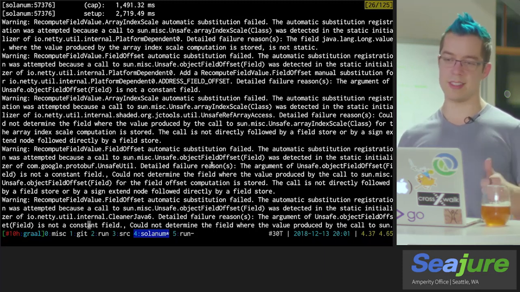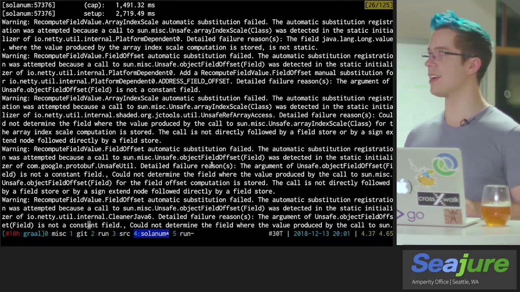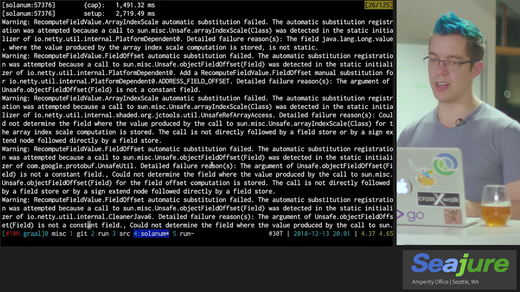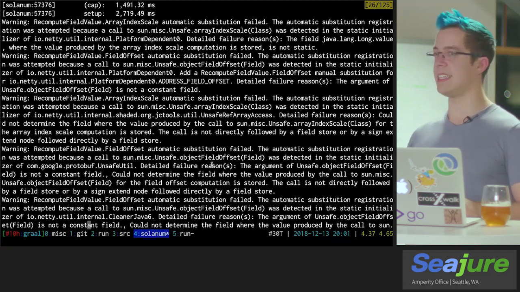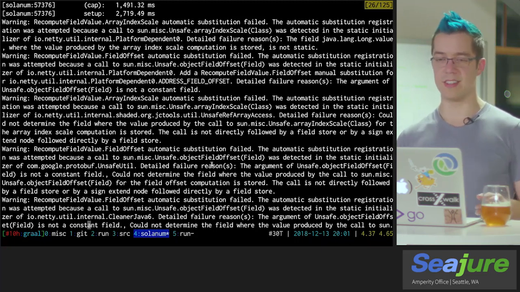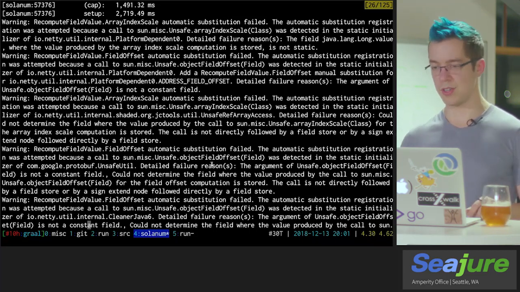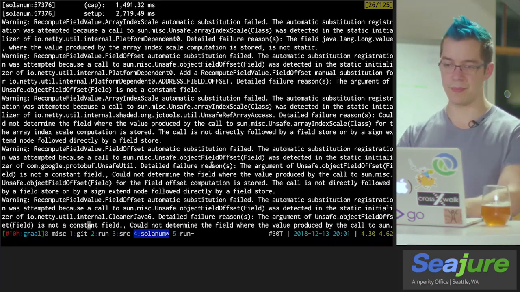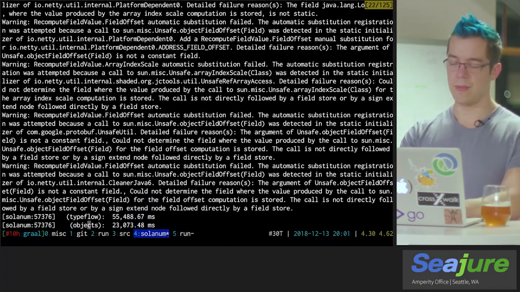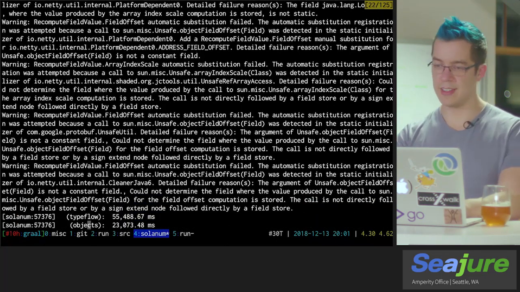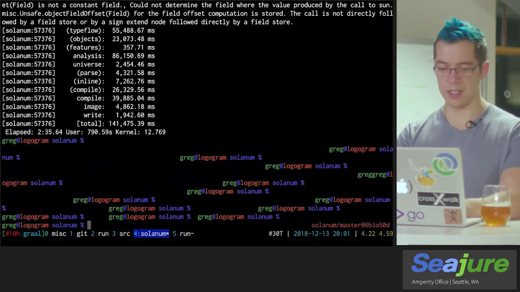Great, high performance. We don't really need this for this particular use case, but it will break the native image we're trying to build. The only reason this compile succeeded is because I have the flag set to allow it to throw those errors at runtime. But if we try and run this right now, it's going to blow up. Actually, maybe it won't. Let's find out. And then there's one other exception in here, which I'll get to in a second.